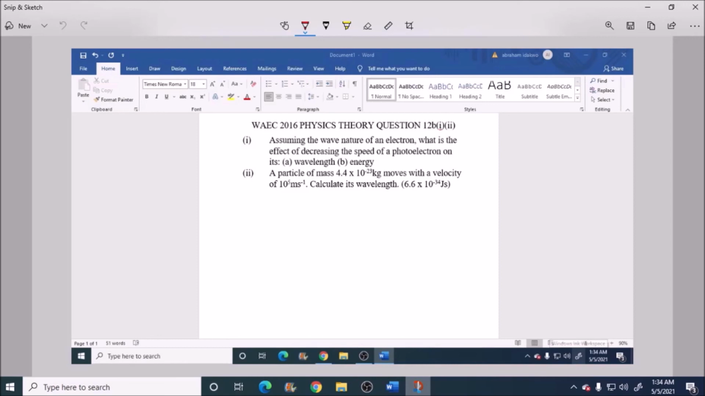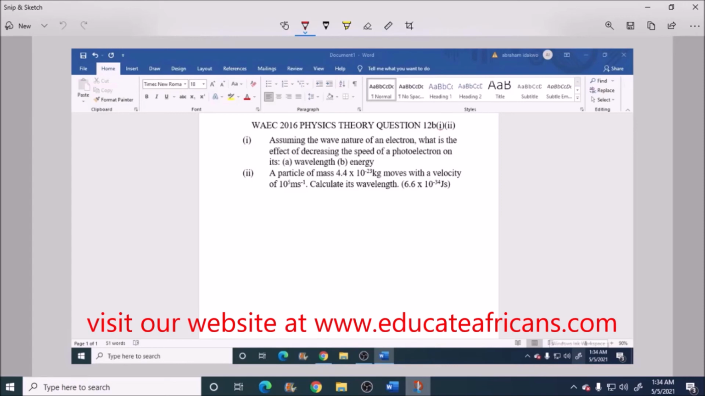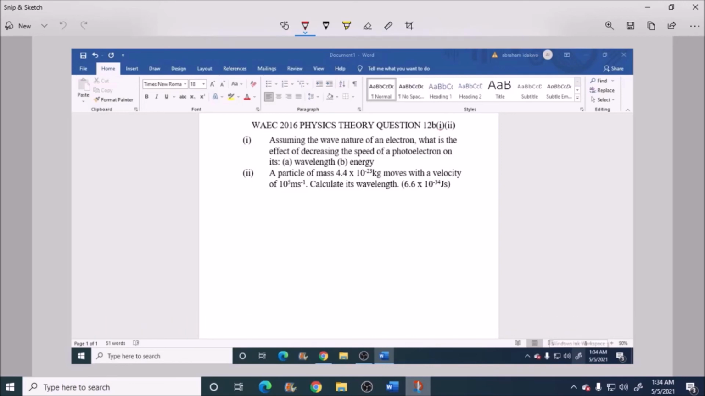Question 1 says, assuming the wave nature of an electron, what is the effect of decreasing the speed of a photoelectron on its (a) wavelength, and (b) energy? Then the second part of the question says a particle of mass 4.4 times 10 raised to power minus 23 kg moves with a velocity of 10 raised to power 5 meters per second. Calculate its wavelength. Now this is a continuation of the question